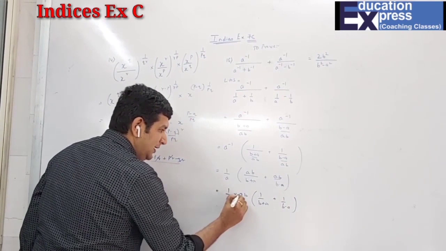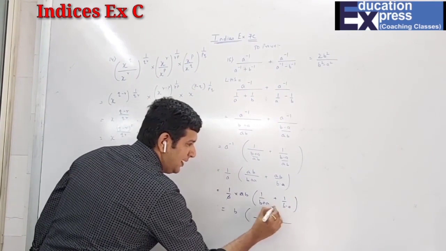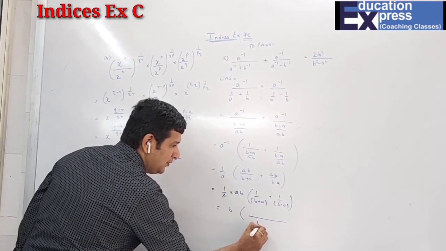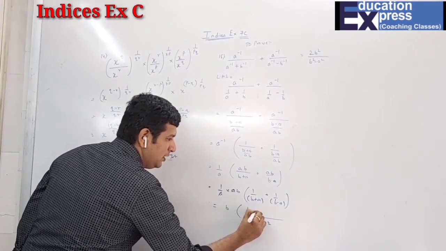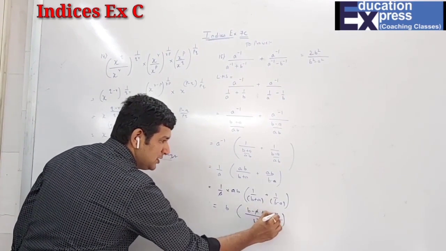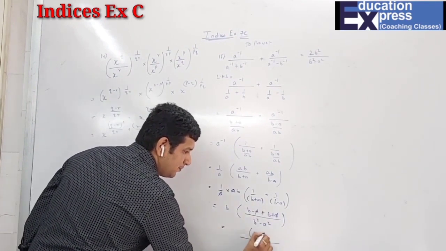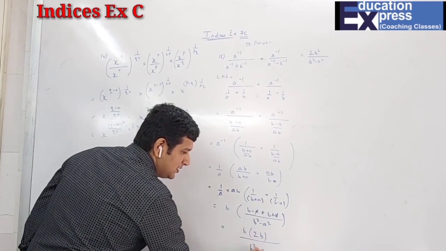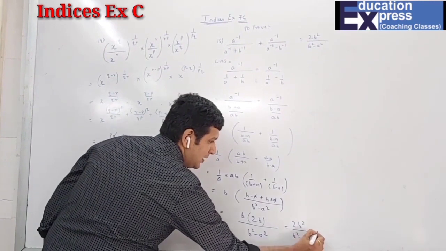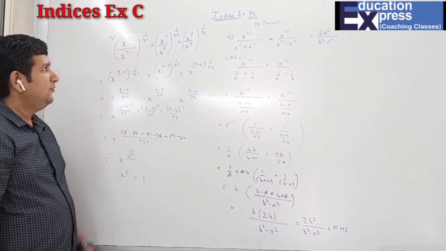So now A will get cancelled. What is left is B. And here, if I take the LCM, (B plus A)(B minus A), that is (A plus B)(A minus B), is A square minus B square. It will be B square minus A square. And here B minus A plus B plus A. So now minus A plus A is 0. B plus B students how much? 2B and B square minus A square, which is 2B upon B square minus A square, which is RHS. Right.